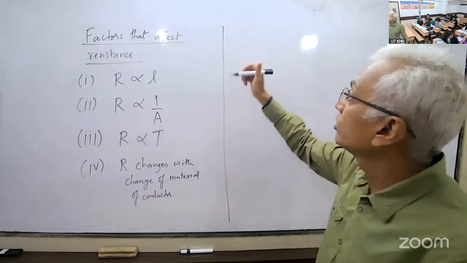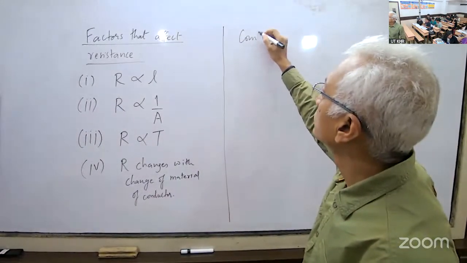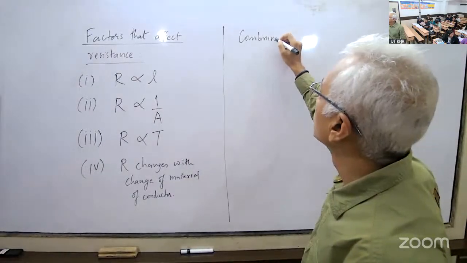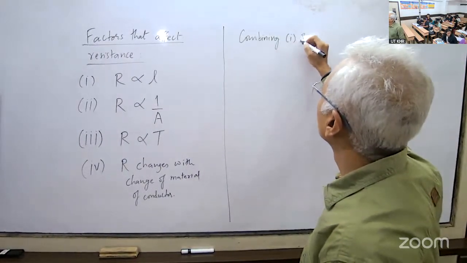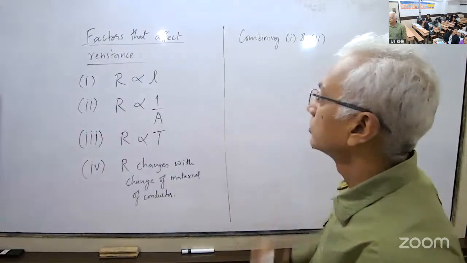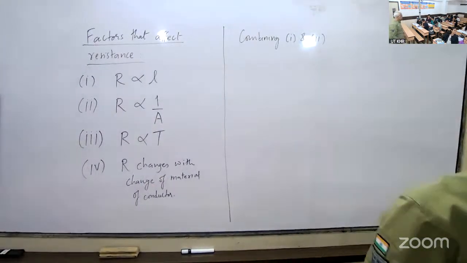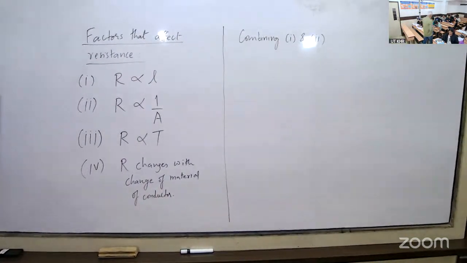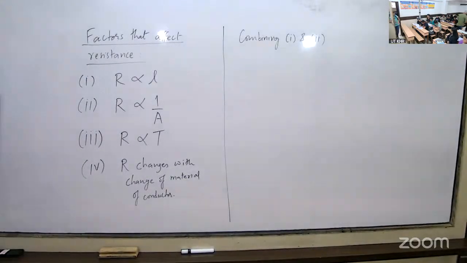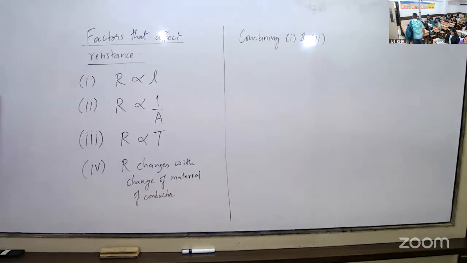So from 1 and 2, the resistance of a conductor changes with the area of its diameter. Therefore, resistance is not the characteristic of